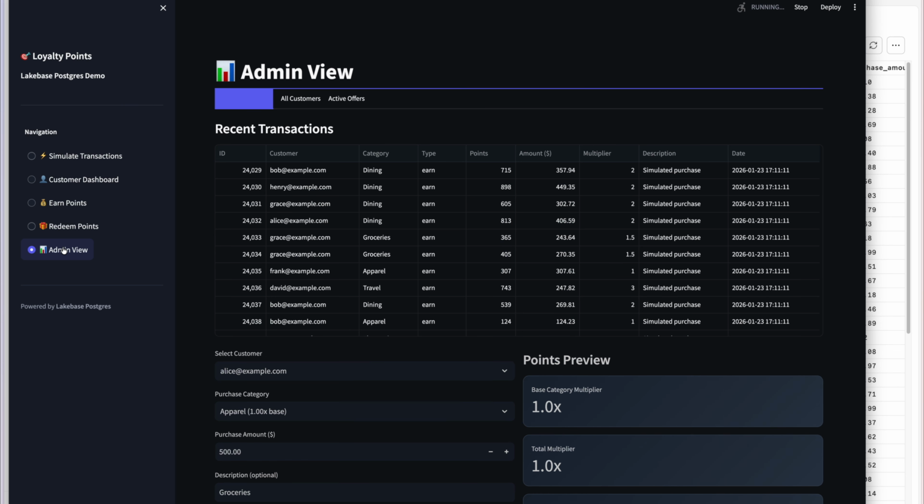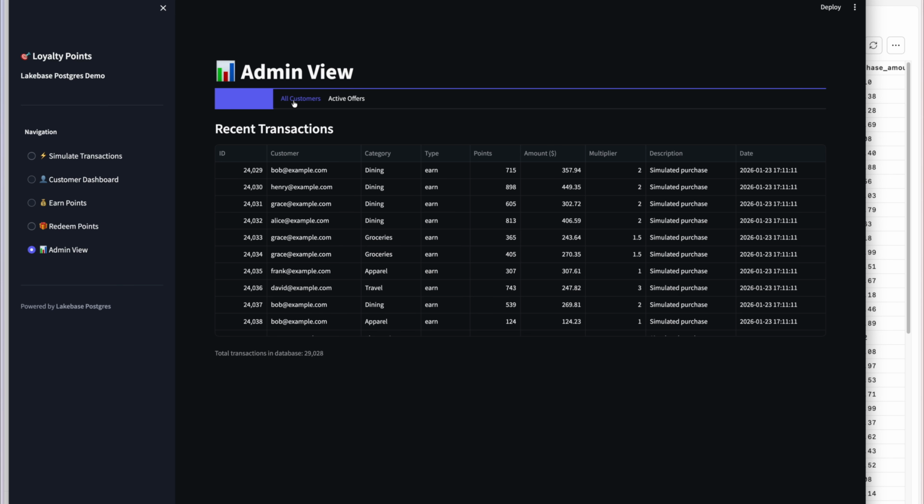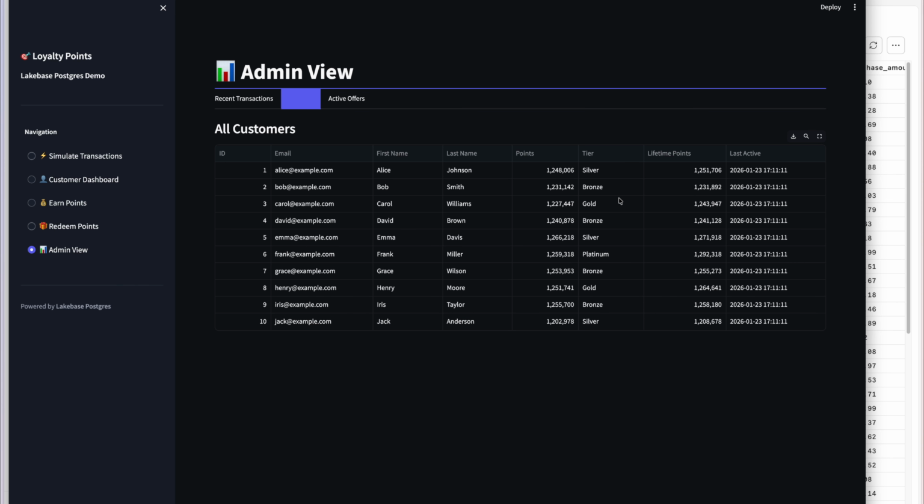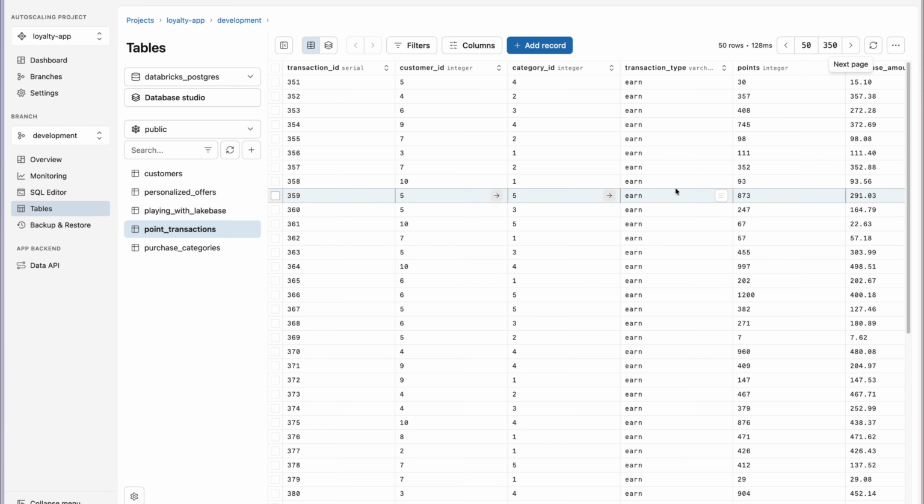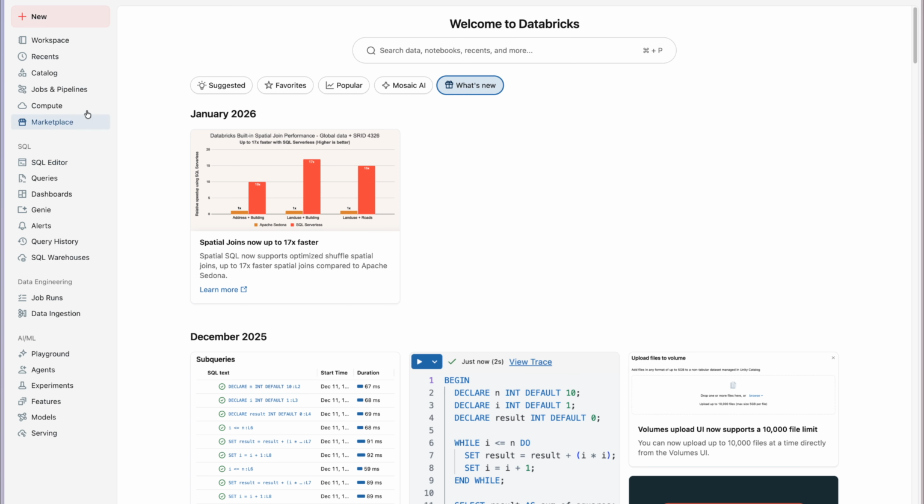If I go to the admin page, I can see what's happening here, all my customers, what tier they have, and the lifetime points. So there you have it as an example. One more thing I'd like to show is how we have these tables in the development branch. Now, if I want to query them via Unity Catalog, we can go to our Lakehouse UI, go into catalog,